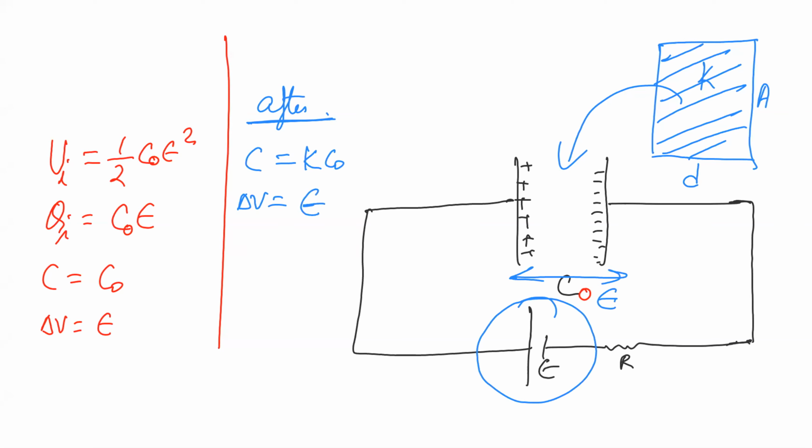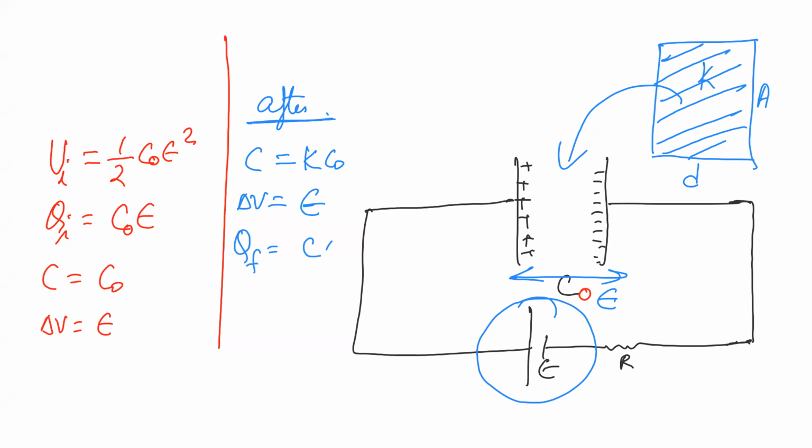Because the battery cannot give more than E. The maximum the battery can give is this: after a long time, once you insert the dielectric and leave it for 1 hour, the battery can maintain a potential difference of E only. It cannot give you more than that. Right? But what will be the charge?